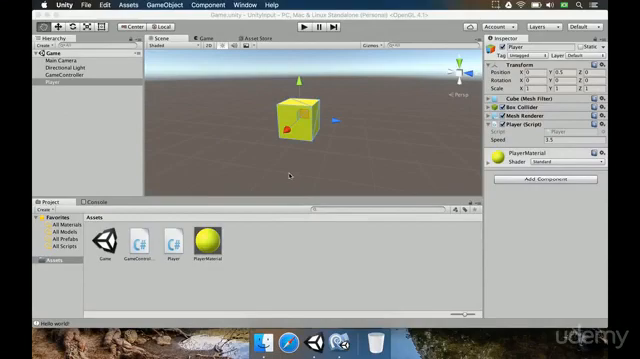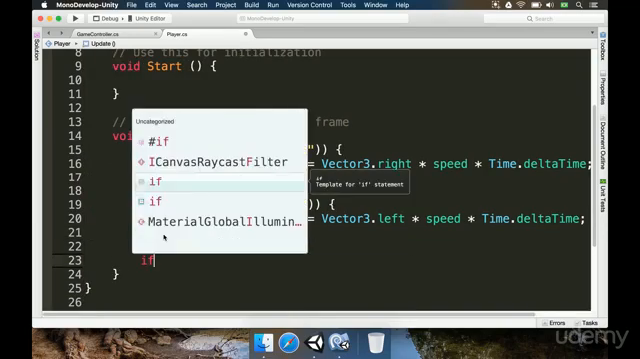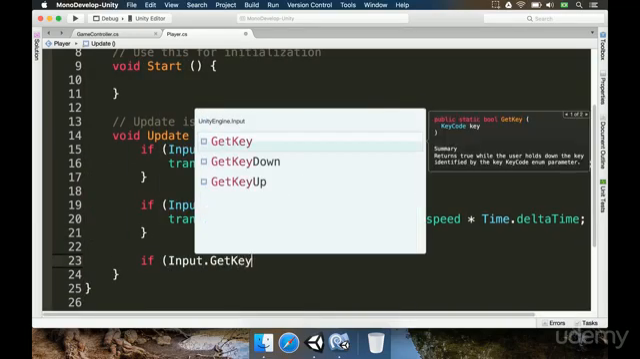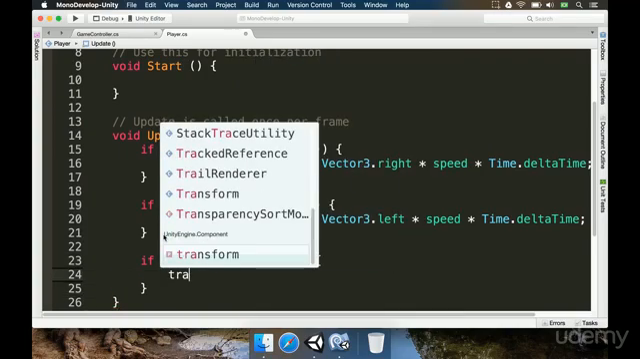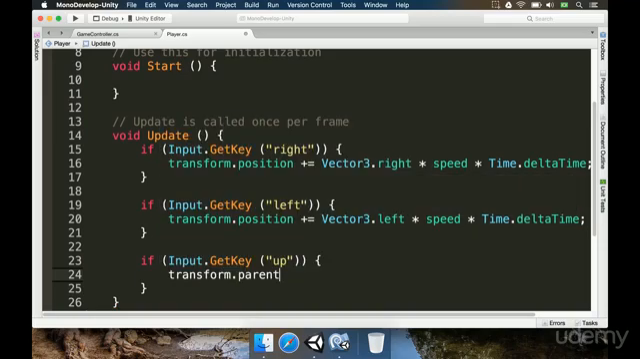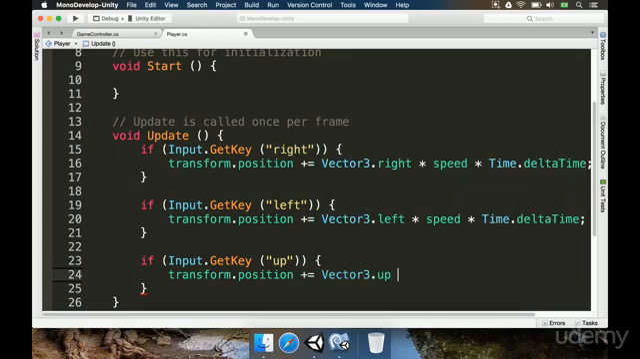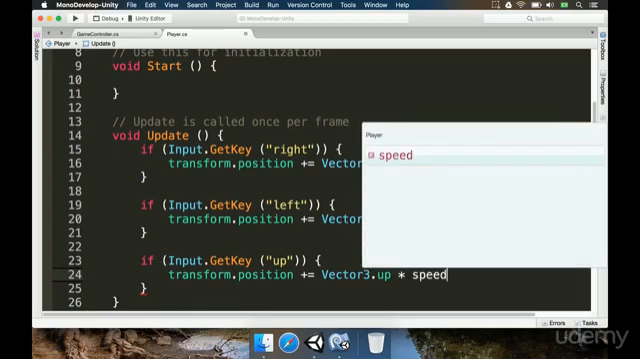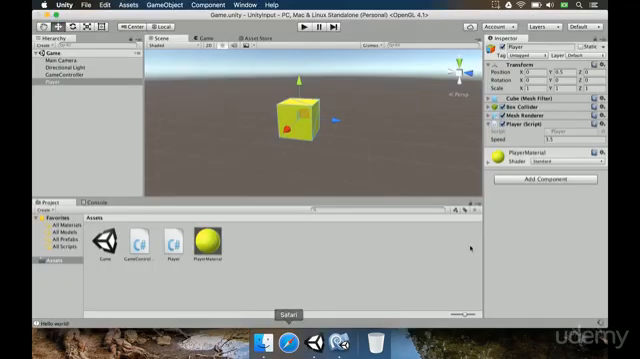There are two ways to make the logic for the player to jump. One of these ways is to use more or less what we've learned right now. We could do something like if Input.GetKey, and then we type "up" as a string. Then transform.position += Vector3.up, so it's a direction that is going to point upwards, multiplied by speed multiplied by Time.deltaTime. Then we can save this, go to Unity, wait for the compilation to be complete,